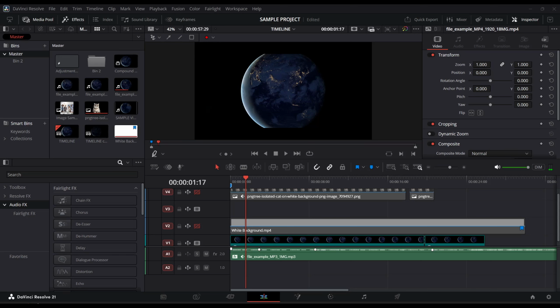In today's video, I'm going to teach you how to draw in DaVinci Resolve. If you want to quickly mark up a shot, highlight something on screen, or sketch directly over a clip while you review your edit, DaVinci Resolve has a simple built-in tool that lets you do exactly that. This is especially useful for giving visual feedback, pointing out details, or explaining changes during playback without needing to leave